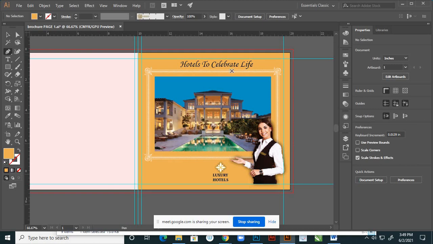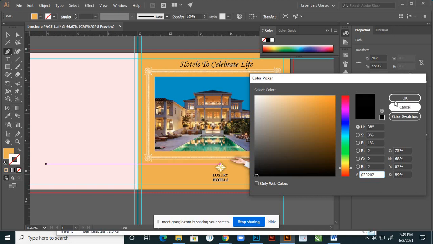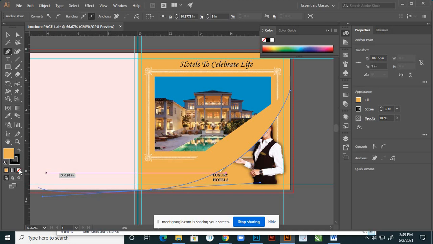So I'm using the pen tool from this area to this area, this edge to this edge. I'm using this black line for the time being. Remove this fill color actually.